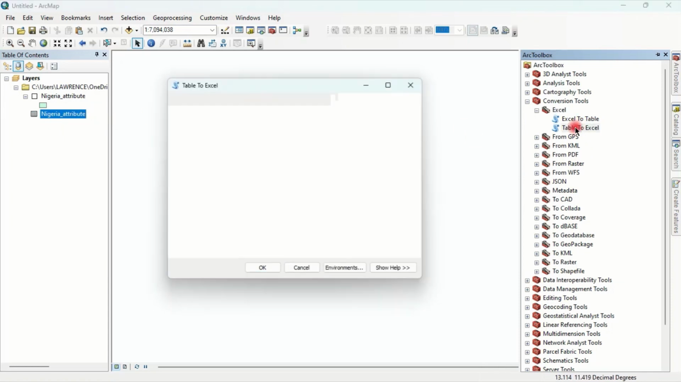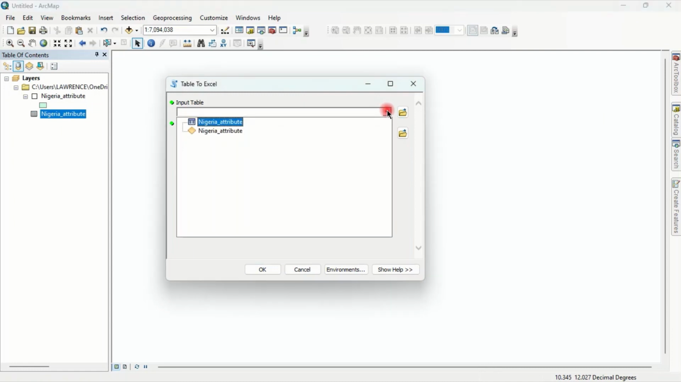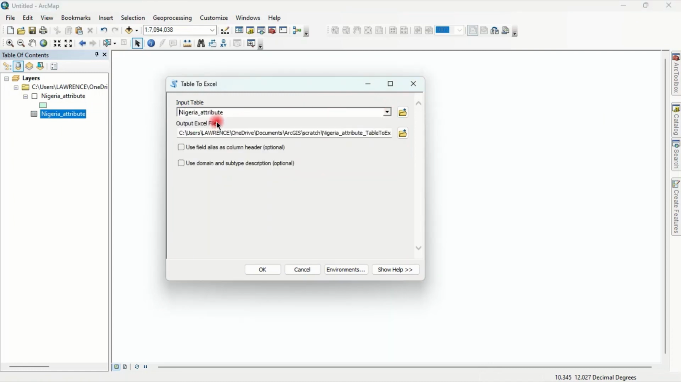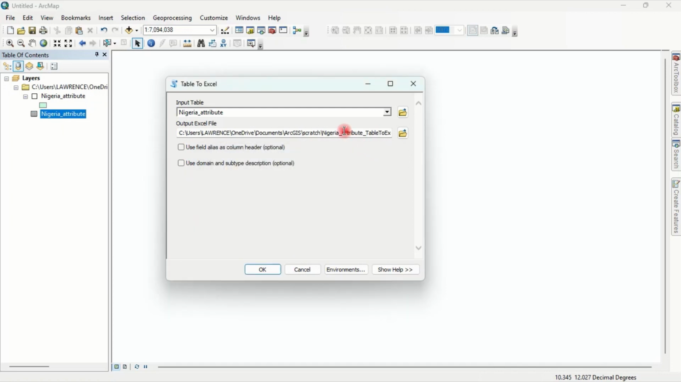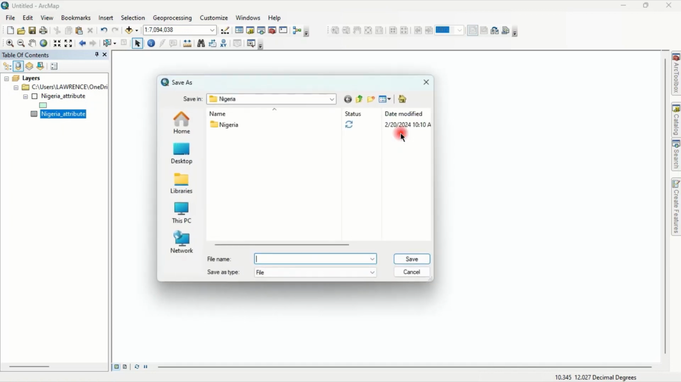All you need to do is input it and then select the table function, and you can now have the name there. You can check this box to use the field as an alias, or you can also leave it however it is. Either one works. And you select a location,